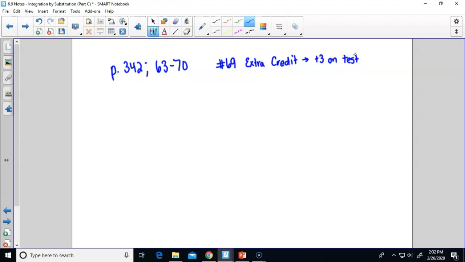Now, 69 is odd, so it's in the back of the book. So when I check your work, I'm not going to be checking to make sure you have the right answer. But if you just have the right answer, it will not get you the extra credit. You've got to show the work of how you get to that one. So 69 is not required. You don't have to do that one, but it is extra credit. In fact, I might need to